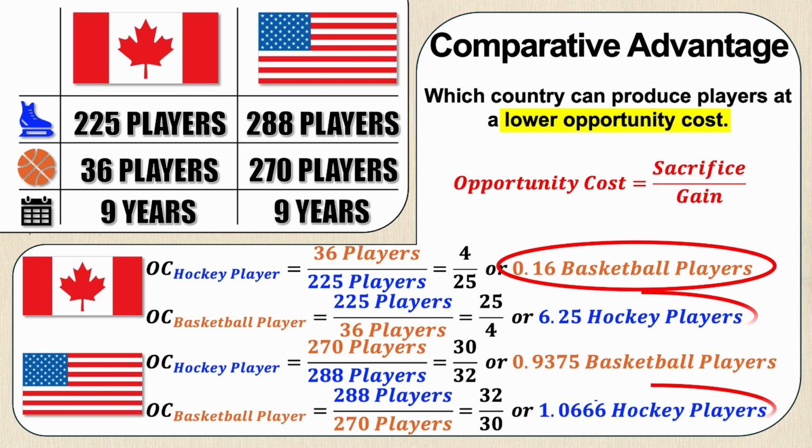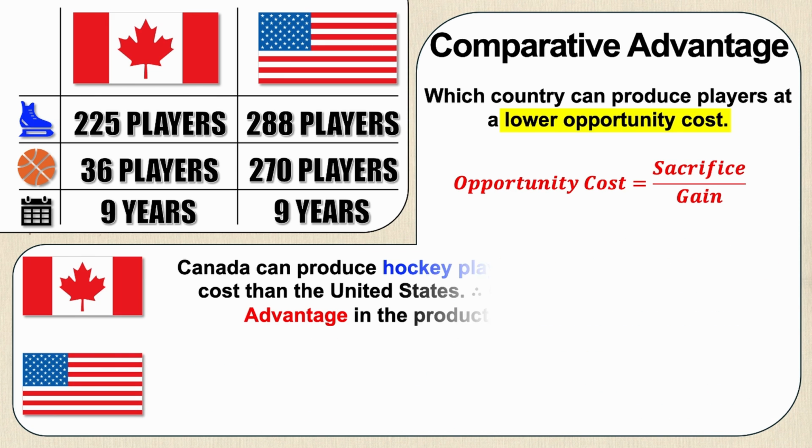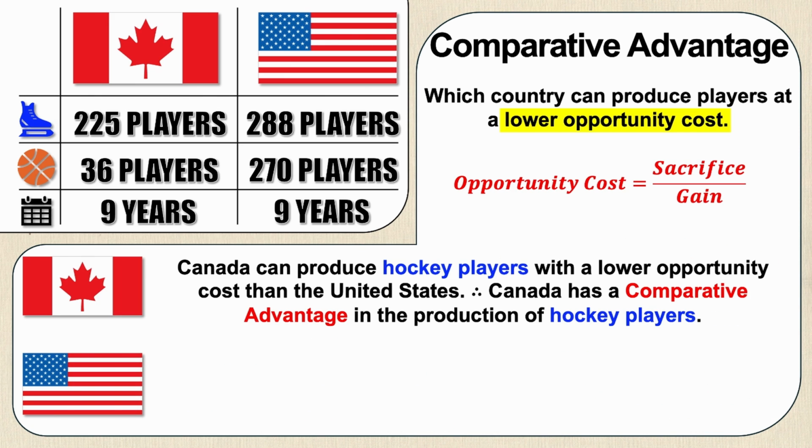If we compare the opportunity cost of basketball players, well, then we'll see that the United States can produce one basketball player using up fewer hockey players, and therefore they would have a lower opportunity cost, because 1.06 repeated is lower than 6.25. Now, to summarize what we just said, Canada can produce hockey players with a lower opportunity cost